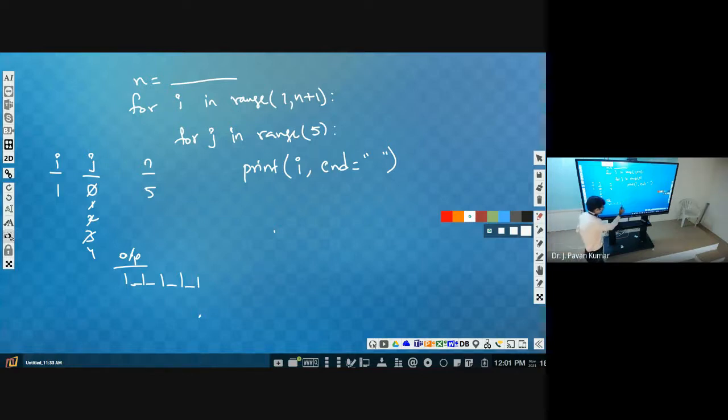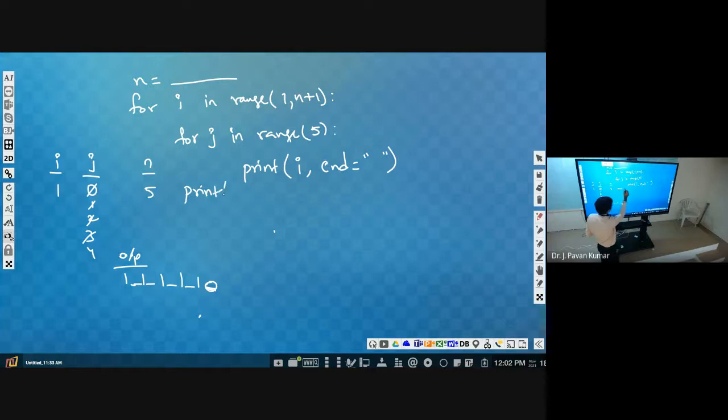Can't we print a new line here, after completing this loop one time? Why? Here if I write a statement, it will be part of this for loop only, right? It has to be in the outer for loop, so after completing this J loop, it will execute. So now here I will print like this.